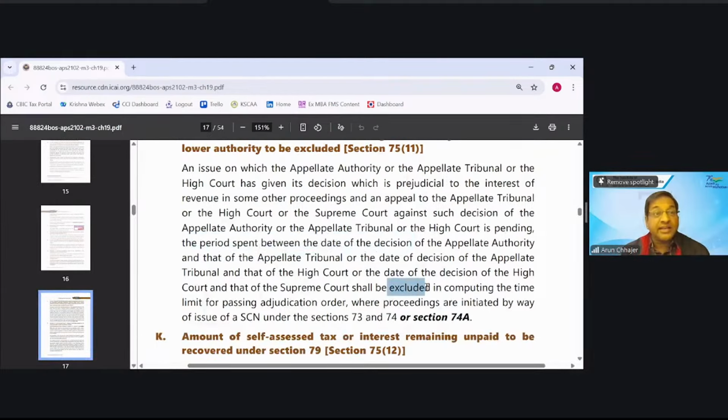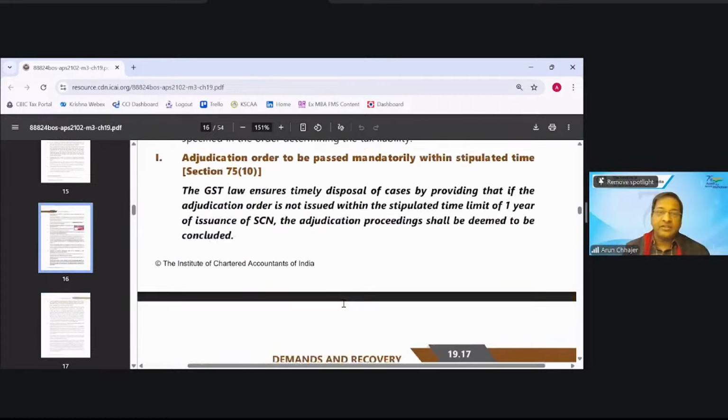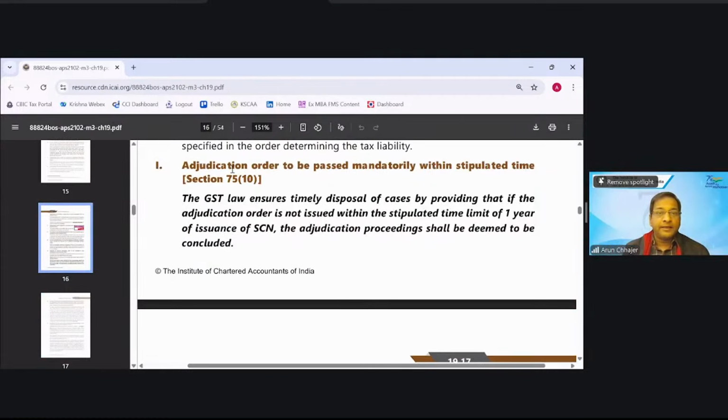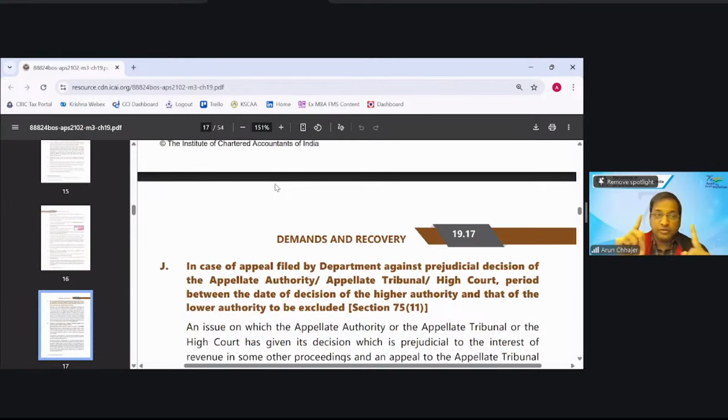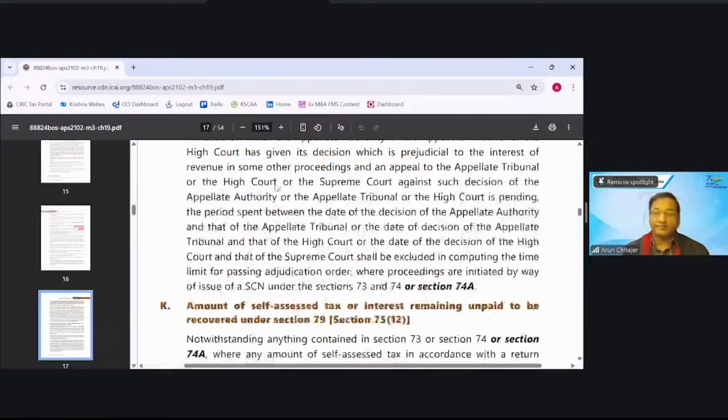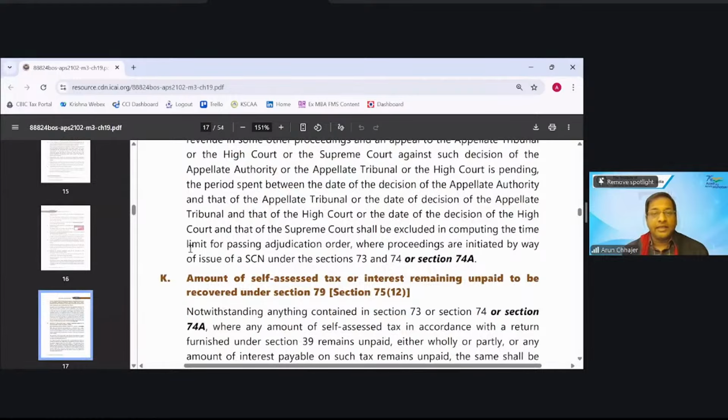क्यों exclude किया जाएगा? In computing the time limit for passing the adjudication order. जो 1 साल की बात हो रही है, करेक्ट? We are talking about the adjudication order has to be issued, has to be passed within the 1 year time limit. और ये 1 year की टाइम लिमिट की जब हम काउंटिंग करेंगे ना, तो इस ऑर्डर के बीच में जो टाइम है वो एक्सक्लूड कर देंगे, लोअर टू हायर,